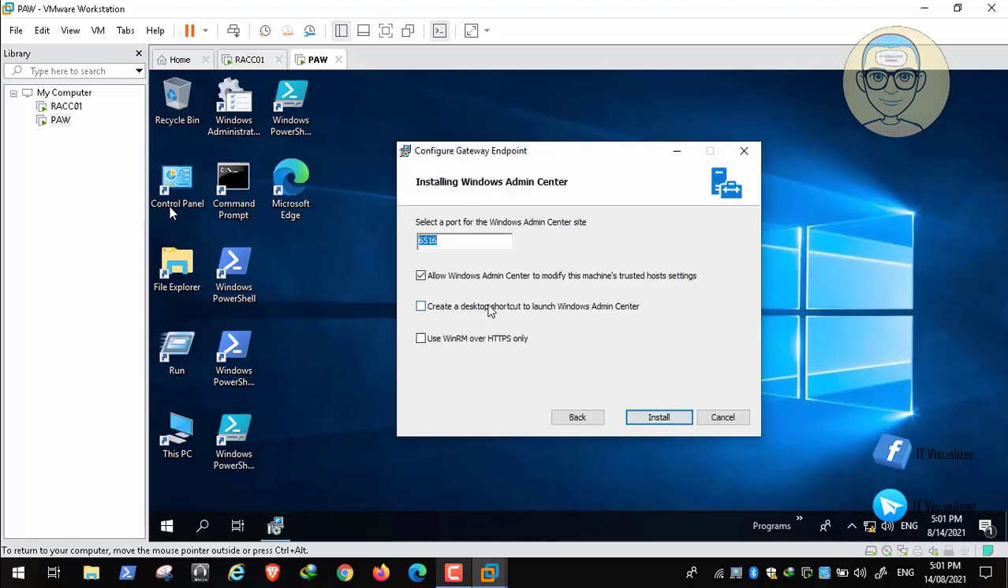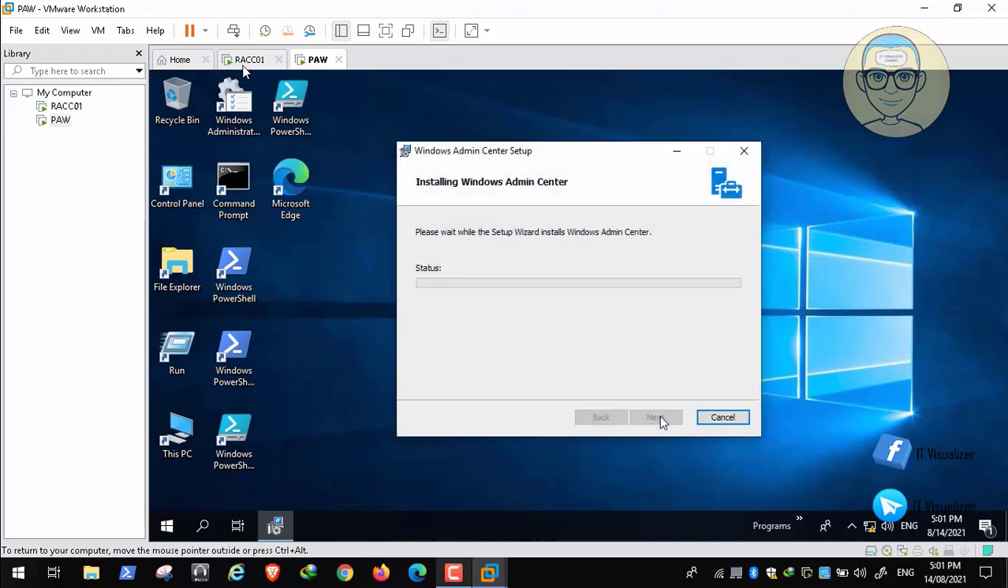and here are the options. We will create a shortcut on the desktop. Okay, and this is the port that this program will use to connect to the server, or to manage it through this port. Okay,